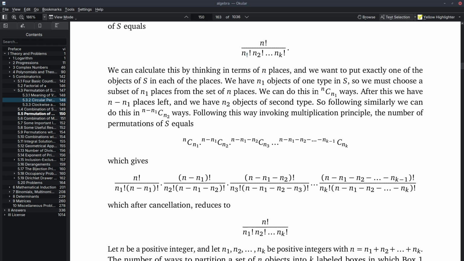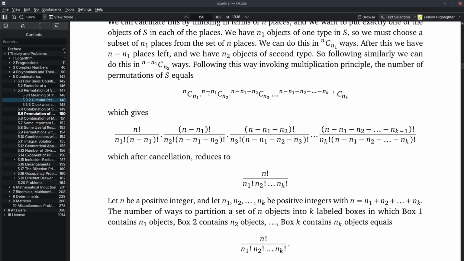We can do this in nCn1 ways. After this, we have n minus n1 places left, and we have n2 objects of the second type. So following similarly, we can do this in (n minus n1)Cn2 ways. Following this way, invoking the multiplication principle, the number of permutations of S equals